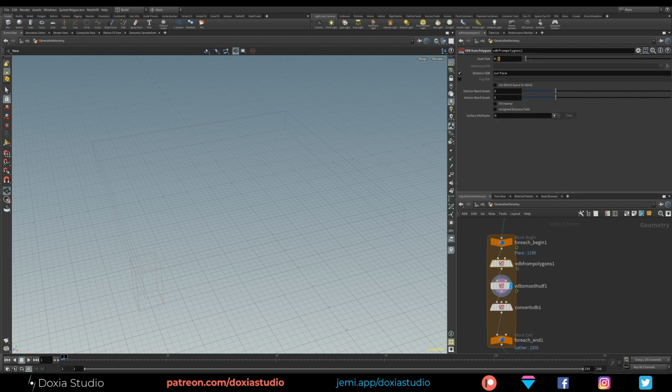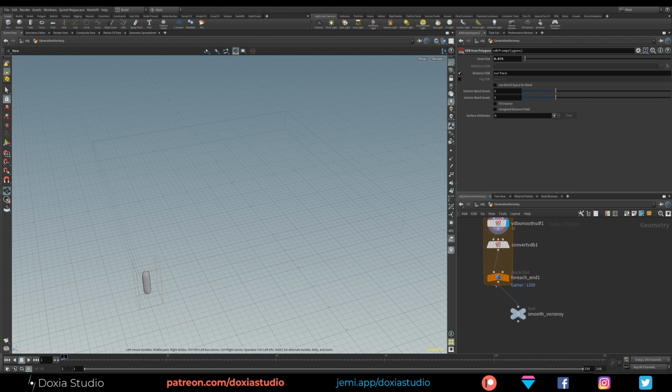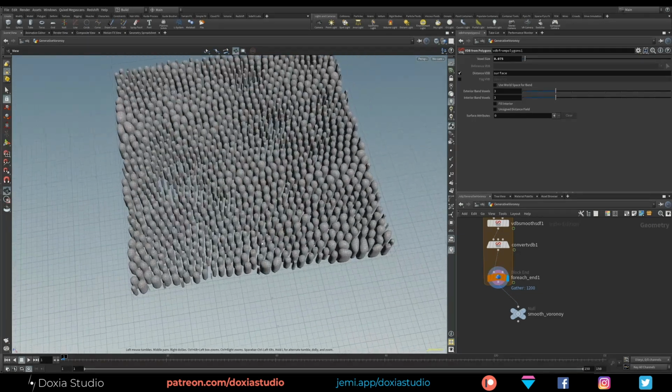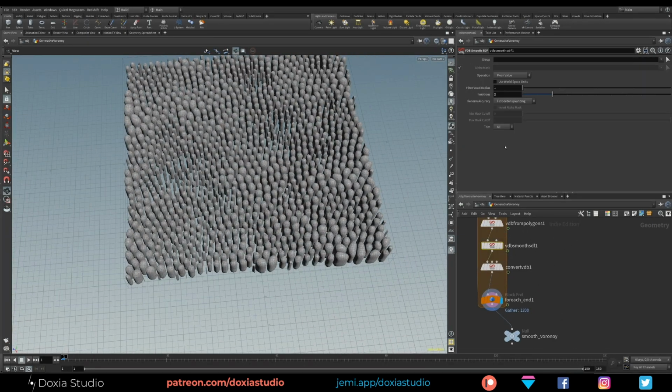Let me change the resolution of our voxels on the VDB from polygons. Let's check if we can see the pieces now.